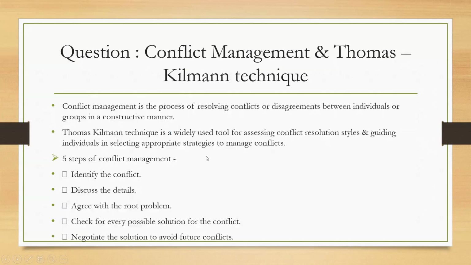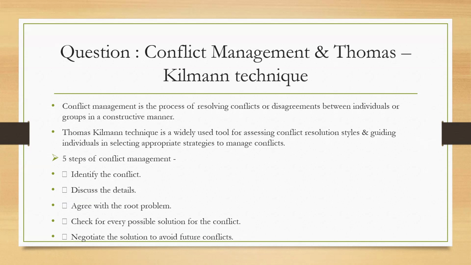The next question is about conflict management and the Thomas Kilmann technique. So what is conflict management? Conflict, as the name indicates, means there is some issue or disagreement. Conflict management is the process of resolving the conflicts or disagreements. We know that in any project, not everything goes in a smooth flow. There might be disagreements or conflicts between individuals or between groups. So, in order to resolve the conflict, we use a technique called the Thomas